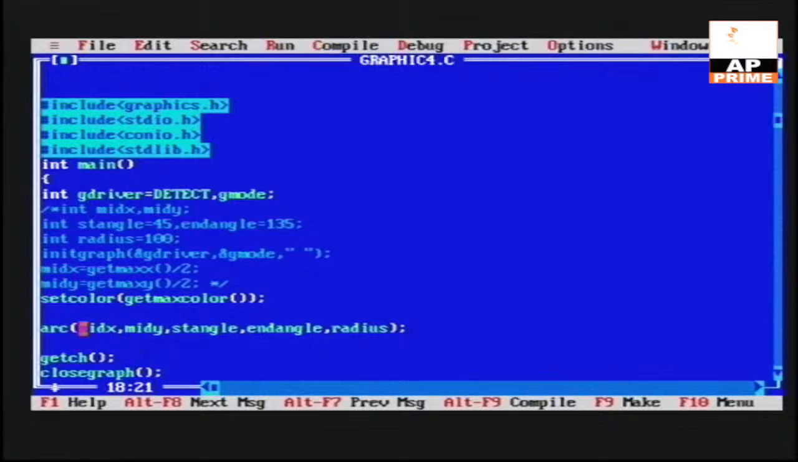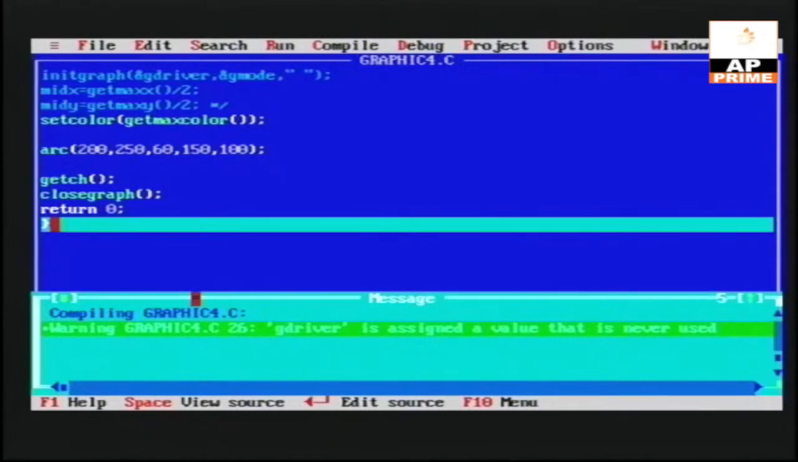How to work that directly? Arc. Here I used the arc with mid x value 200, mid y value 250, and starting angle value 60, ending angle value 150, and radius value 100. 5 coordinates. Directly you can mention the 5 coordinates: x coordinate, y coordinate, starting angle, ending angle, and radius. If I compile it,